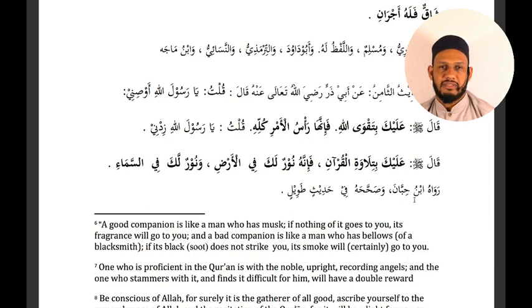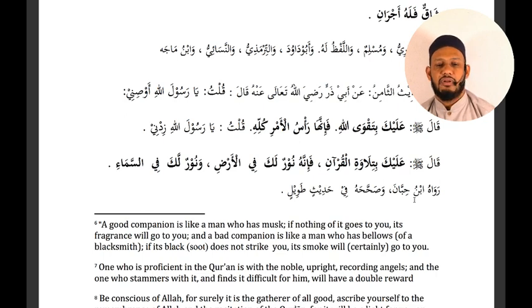Meaning what? It is the most important thing in all of the affairs. The most important advice that the Prophet ﷺ can give you is alayka bittaqwa Allah, to have taqwa of Allah, because it is the head of the matter, it is the most important thing, the most comprehensive, the most essential thing, kullihi, of all of the matters. This is the most important thing of all of it.